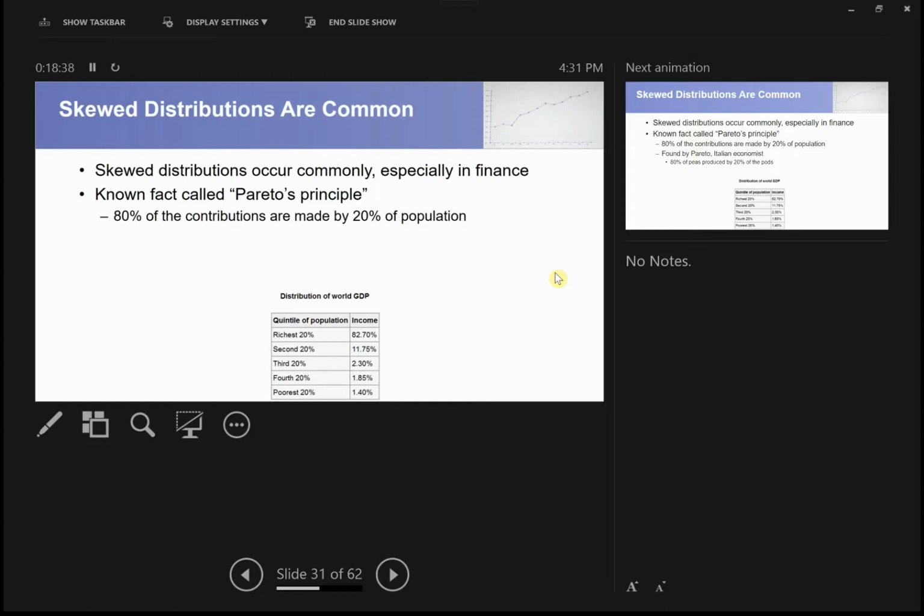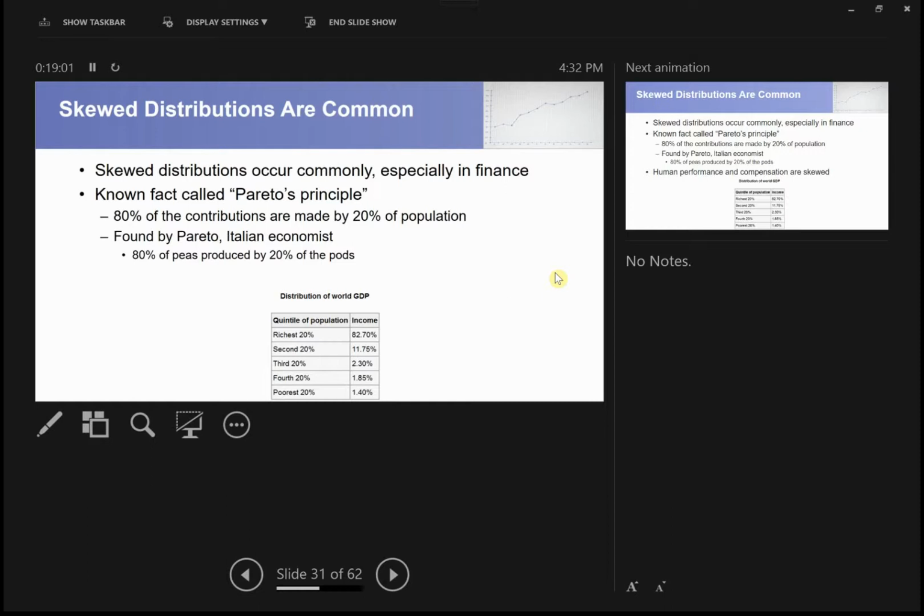It says the majority of the effect comes from the minority of the population. Pareto discovered this. He was an Italian economist in the early part of the 20th century, and he had this beautiful mind. He was interested in everything. He was a gardener, and he noticed something one day. He noticed that when he was picking peas, 80% of his peas, he had this garden, came from